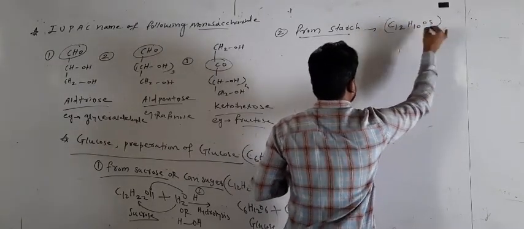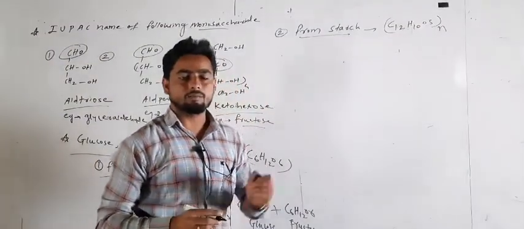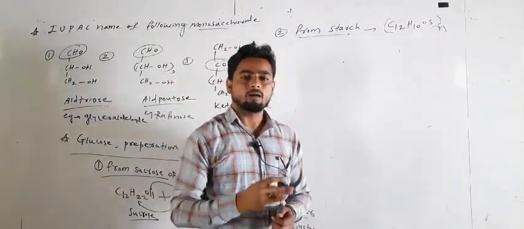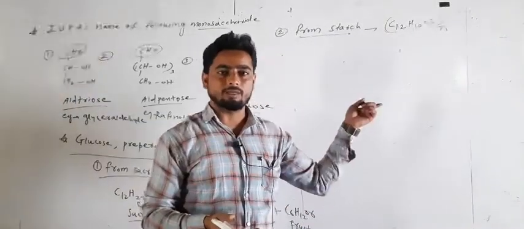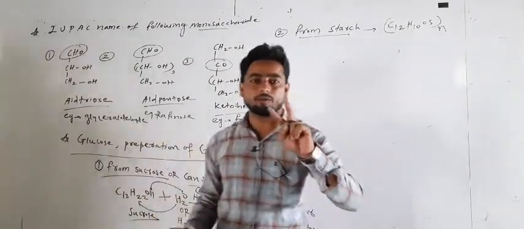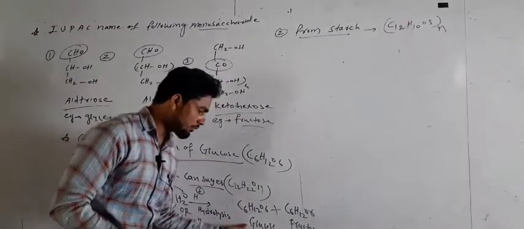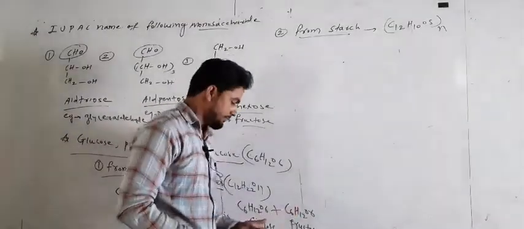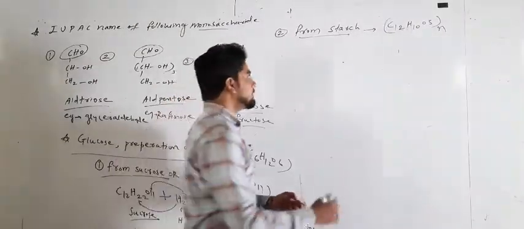C12H10O5 by n. First of all, starch is an example of a polysaccharide. It contains more than what here? More than 10 monomers of any carbohydrates, called a polysaccharide. Whereas sucrose is a disaccharide. When we hydrolyze it, it forms what here? 2 monomers called what here? First glucose, fructose, called disaccharide. This glucose and fructose are called monosaccharides. Whereas sucrose is called what here? Disaccharide. So how to prepare?